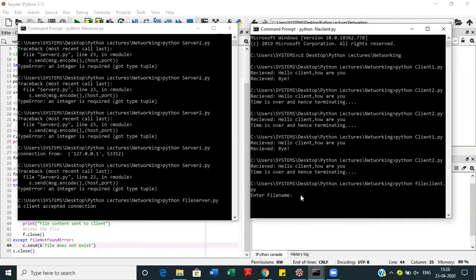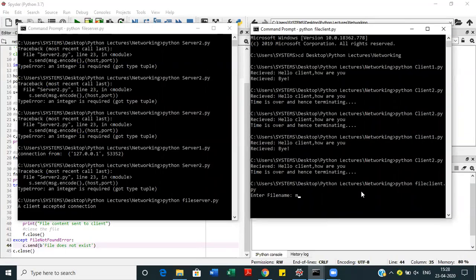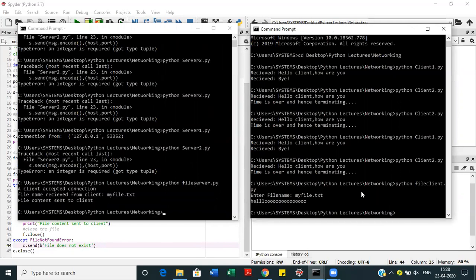It is asking at the client end for the file name. So our file name was myfile.txt. We have sent the file name to the server, and then it is reading the content which is present inside myfile.txt, and it is showing us the message that the content has been sent to the client, and here the client side is printing the content.